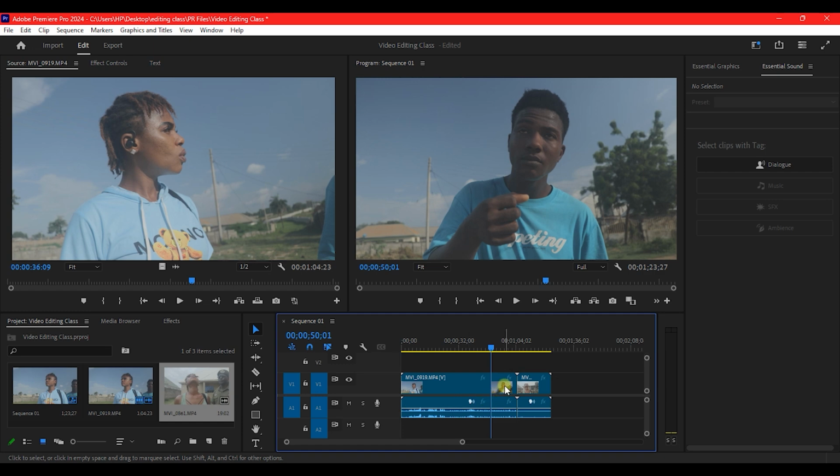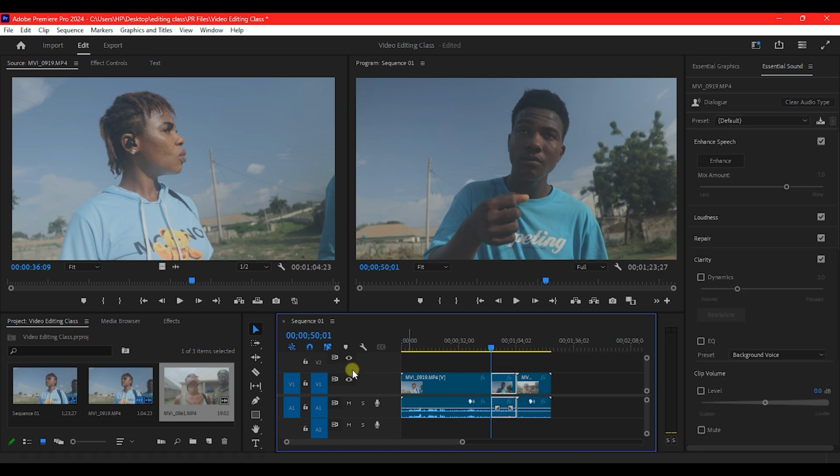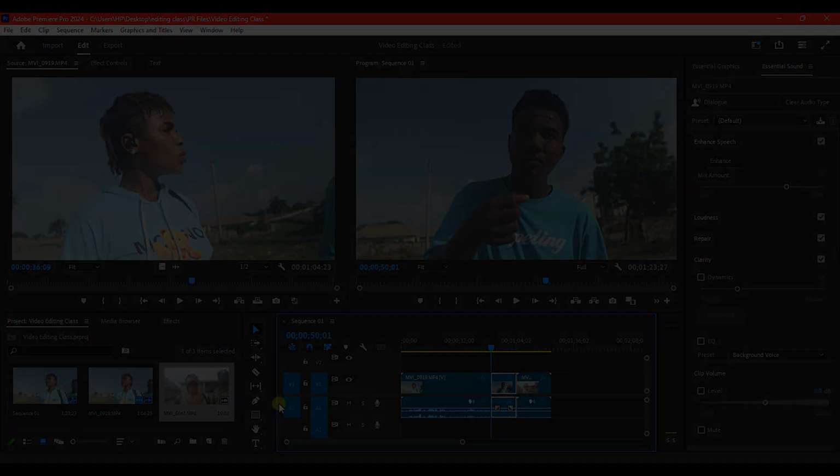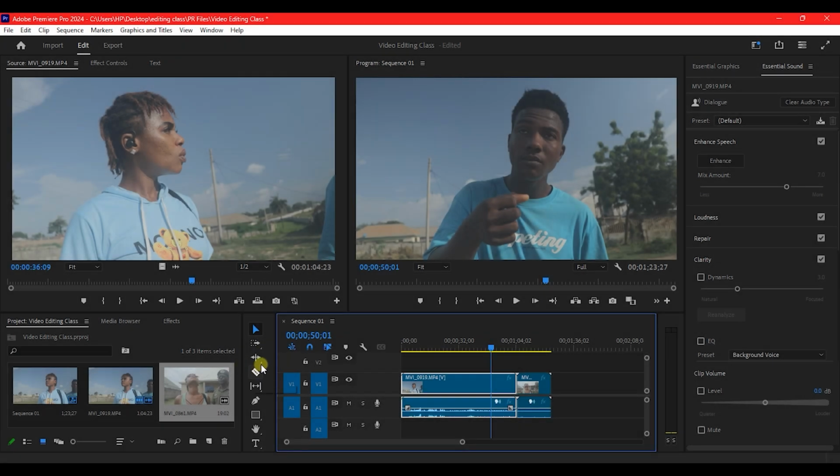In that instance, we are going to use the Ripple Edit tool. The Ripple Edit tool is located just above the razor tool on the toolbar, which is this one here. You can click to activate it, or you hit B on your keyboard to activate it. Now that your timeline is here and we want to cut out this part, so instead of cutting it with the razor tool, deleting and manually moving the footage, the Ripple Edit tool helps us do all of that